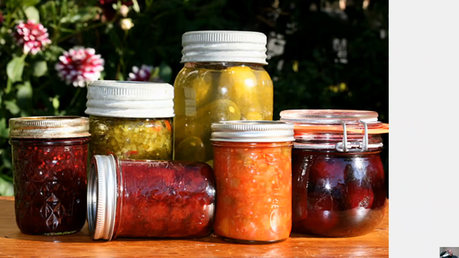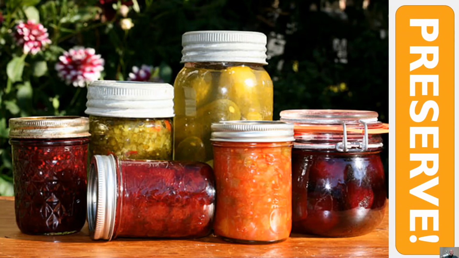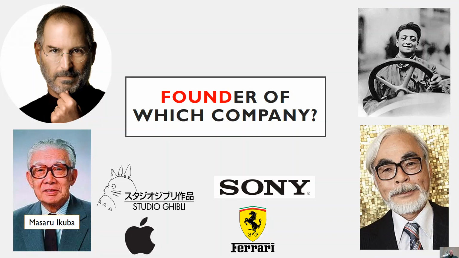And what's here? What's in these jars? Why do we put things in jars? These look like pickles. Pickled gherkins, pickled plums, pickled cabbage. Looks like kimchi. This looks like jam. What we are doing is we are keeping these for a long time. We're storing them. And because it's food, we don't want it to go off. So we keep it in these jars. And that means we are preserving the food. And the word is preserve, to preserve. Okay, this will help you with this week's homework.